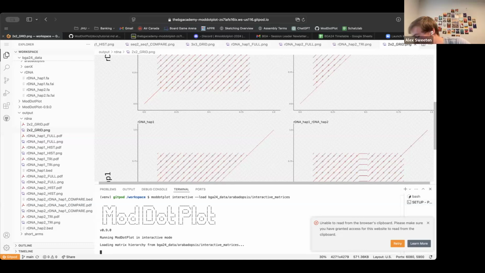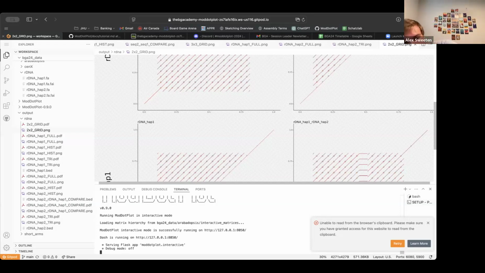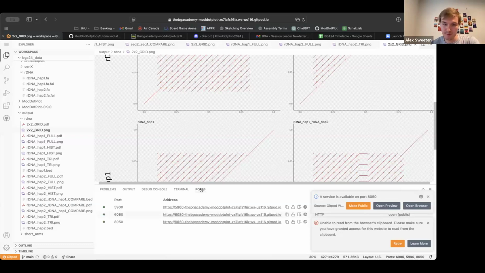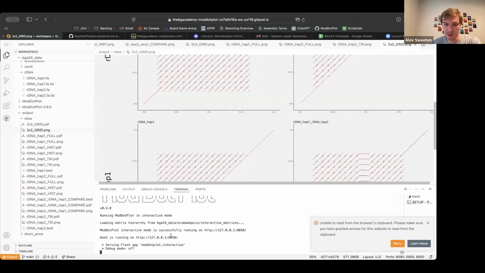just because I don't think I requested enough memory in this Gitpod instance in order to launch it. But okay, now it works. So that's good. So you can see it'll say ModDotPlot is running interactive mode on localhost. This is that 127.0.0.1 and port number 8050. And if we go to the port tab, we can see that a new port has opened up at 8050. So if we go there,